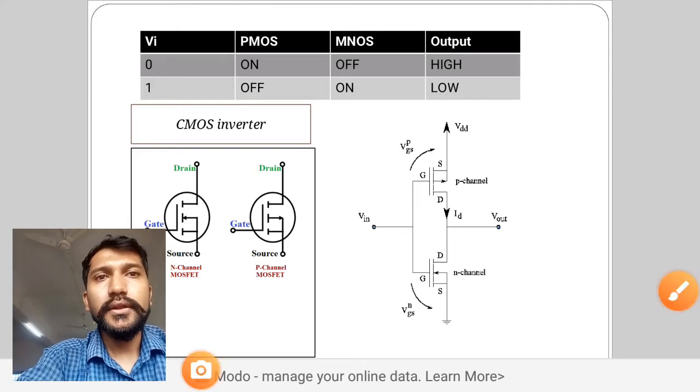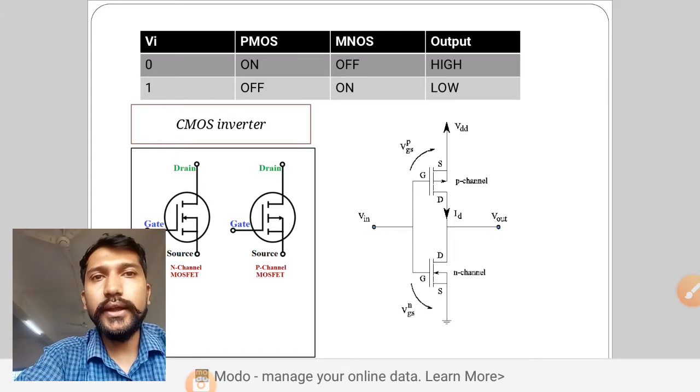So, in this session, we are going to study the CMOS inverter as well as the two input TTL NAND gate. So, what actually is the CMOS inverter? CMOS is called complementary metal oxide semiconductor field effect transistor, which is a voltage control device. So, how to identify whether a given MOS is N channel or P channel? Basically, MOSFETs are of two types, N channel and P channel.